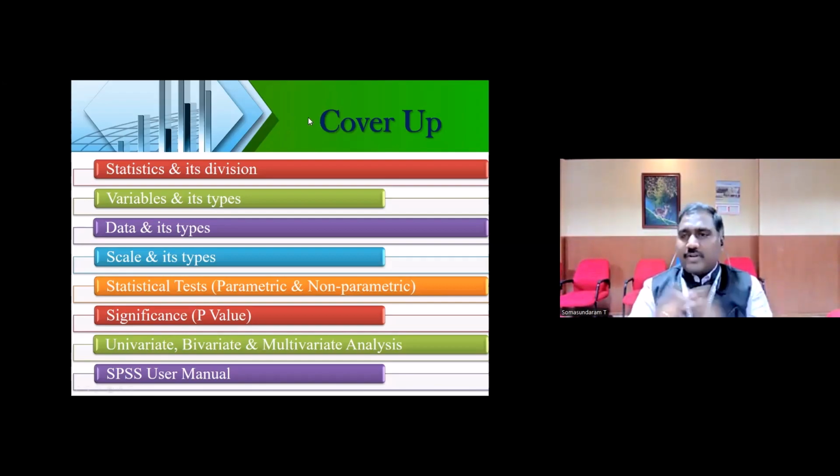We have parametric and non-parametric. Already you all learned all those things. I'm just going to give you an overview of all those things. And the p-value, significance, all our statistical result output what we get through the SPSS software, we will be interpreting only through the p-value. It is also called a significant value, right? We are not going to compare anything with the statistical table or any other data.